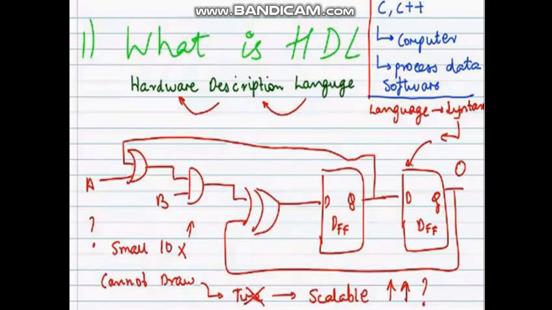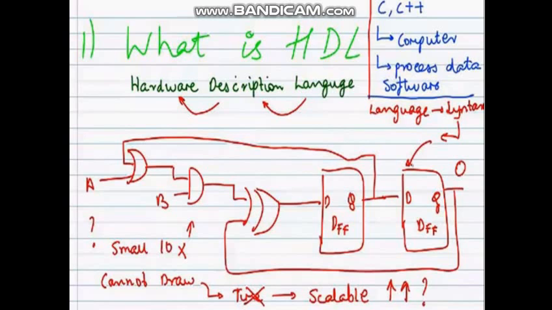Okay, in front of you there is a structure. In that structure you observe that the first is an AND gate, a two-input AND gate. First input A is given and the other input is a feedback. Then the output of the first AND gate is given to the second AND gate, where the second input of this second AND gate is B. Now the output of that second AND gate is given to the XOR gate, and the other input of this XOR gate is again a feedback from the second D flip flop. So this is a certain hardware structure.